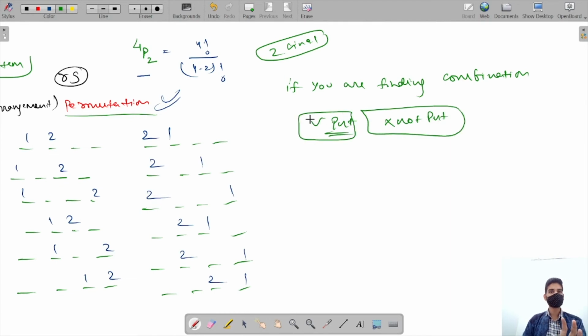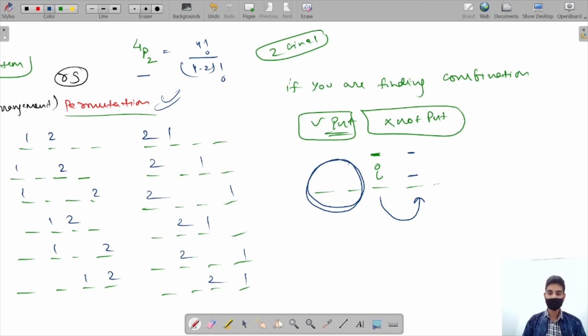But in any of the choices, whether you are putting that item or not putting that item, after that you will check for further indexes. You will not check for indexes just before that. Basically, these are the boxes. If you placed I here, there are two choices, whether I can be placed here or I cannot be placed there. Two ways. But after placement or non-placement, you have to determine whether you are going to put I here or not. So you will not check for these indexes. Whatever index you left behind are left behind, you are not going to check for them.